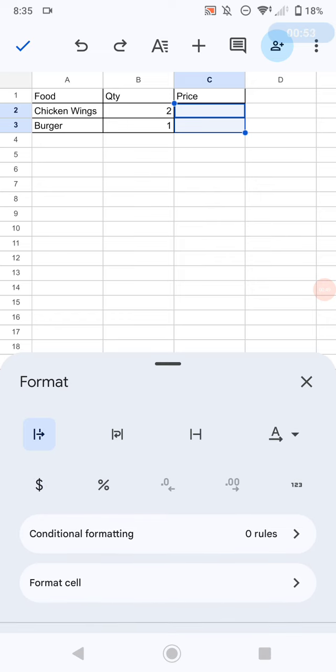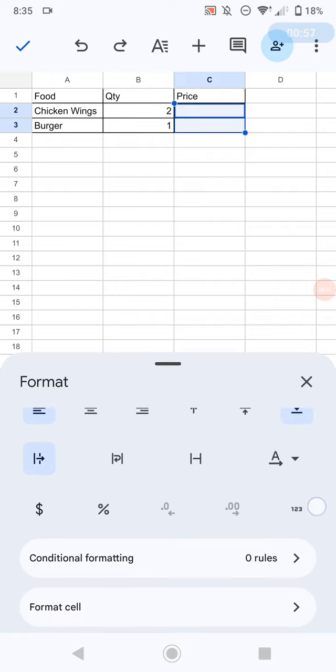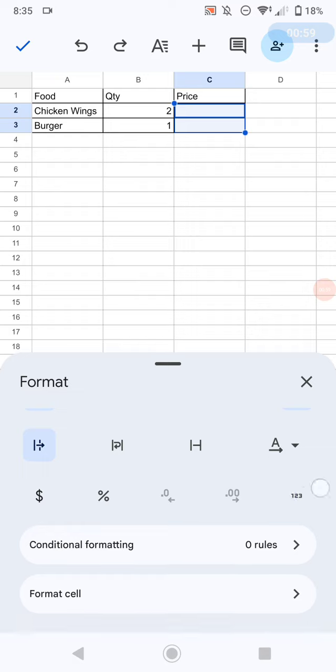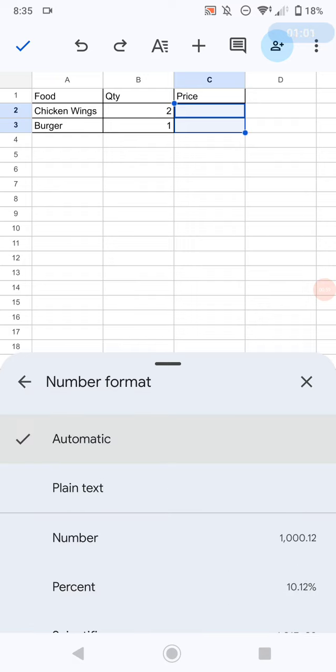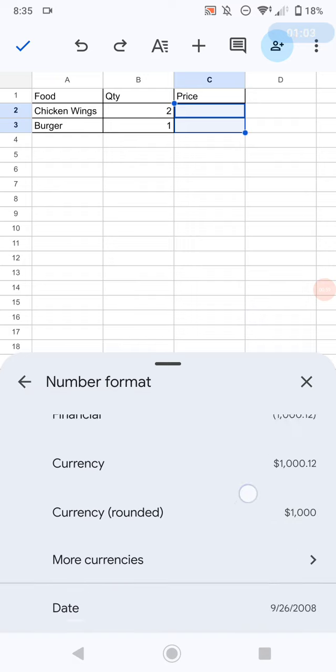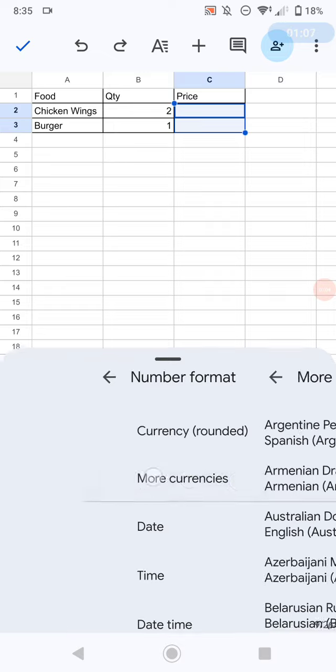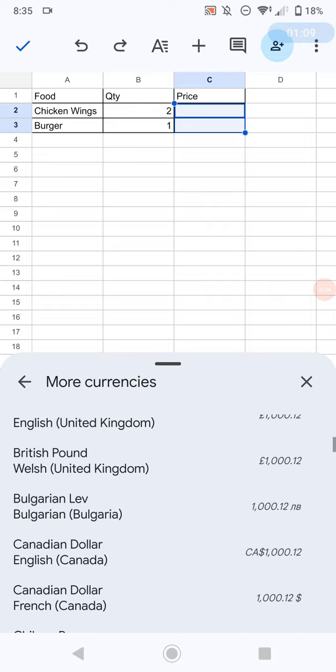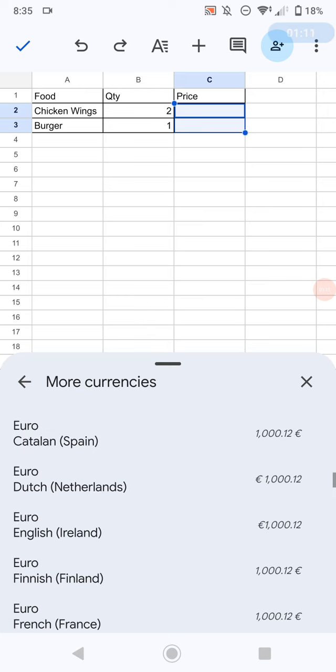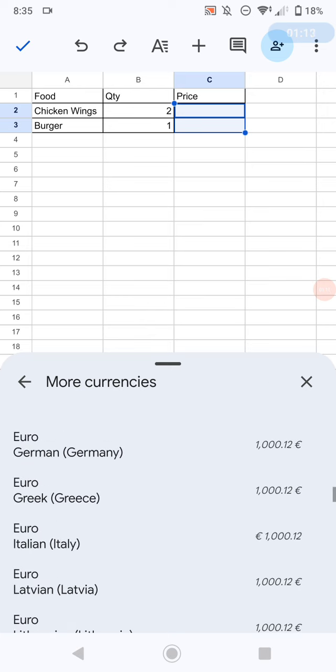If you use a different currency you can click this symbol of number side here, then click it and scroll down until you find more currencies, and then just by clicking it you can find a lot of choices of currency around the world,